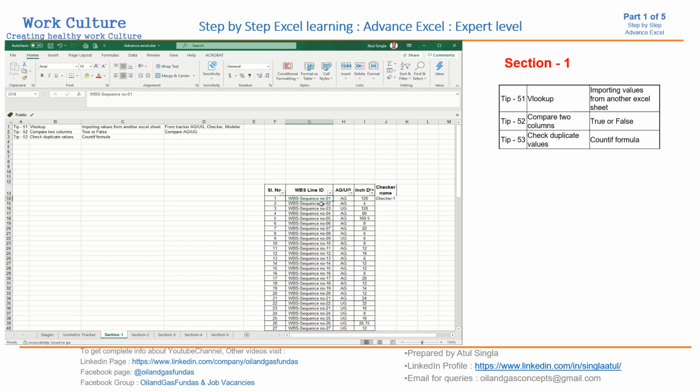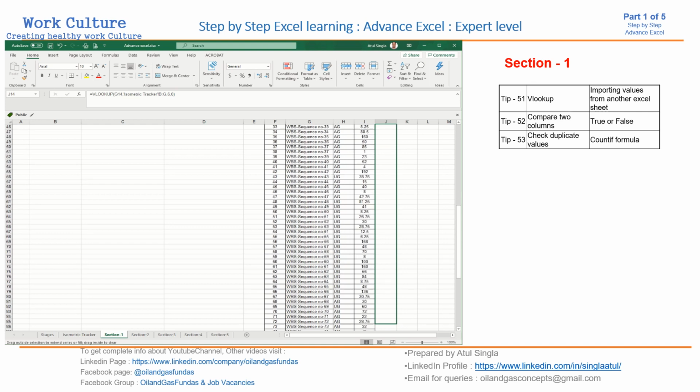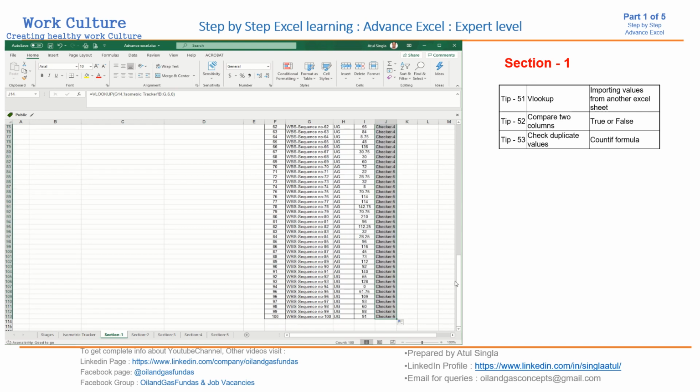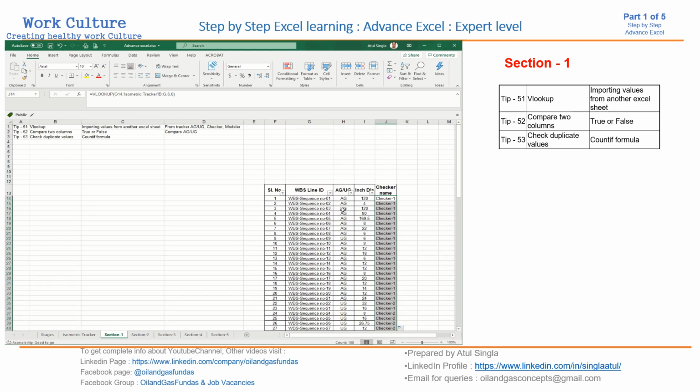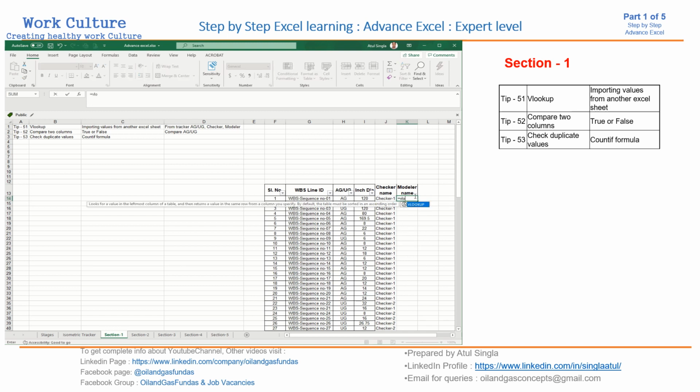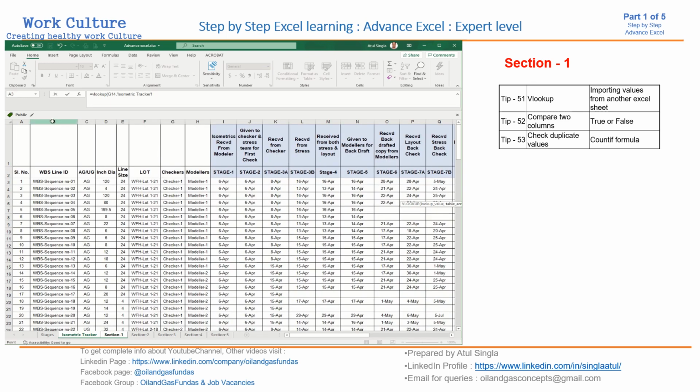Similarly, if you want to do it for all of these, you just have to drag it down and we get the checker name against each and every line number. Similarly, if you want to bring the modeler name also, again equal to VLOOKUP, then against this line number, comma, we'll go to the database where all the data is already there.